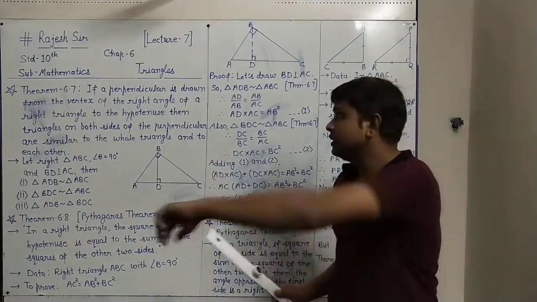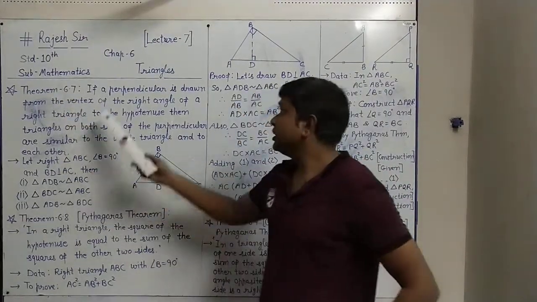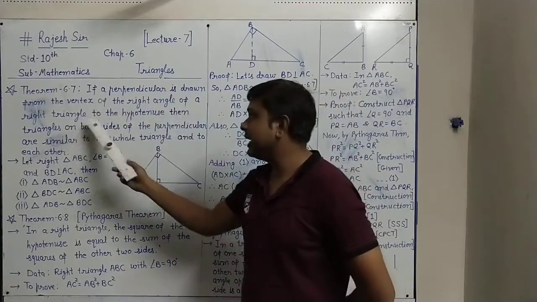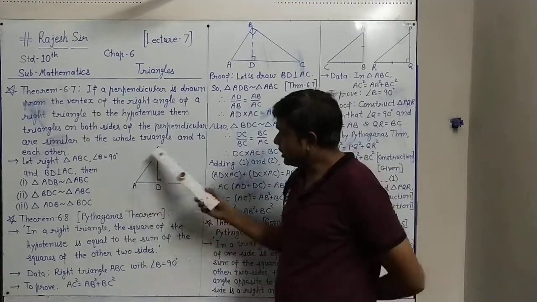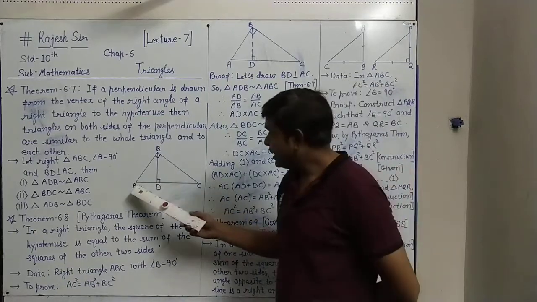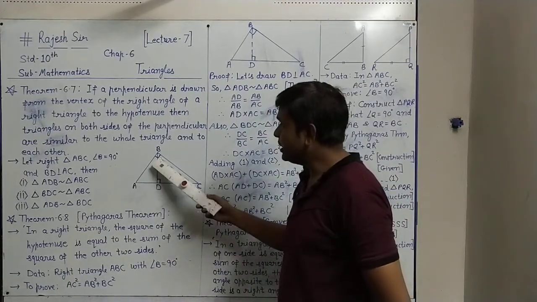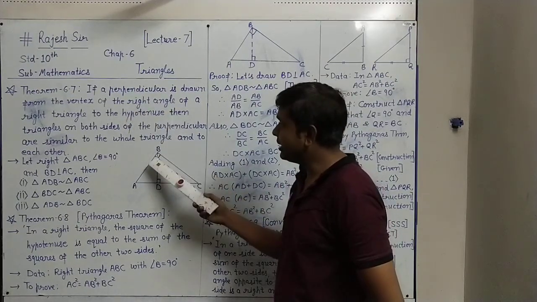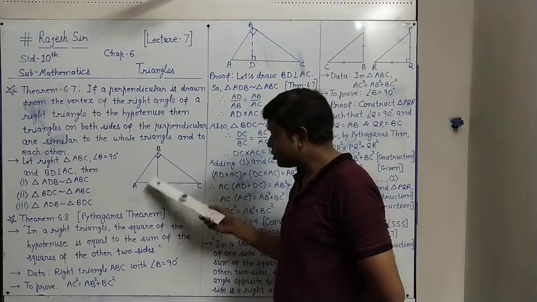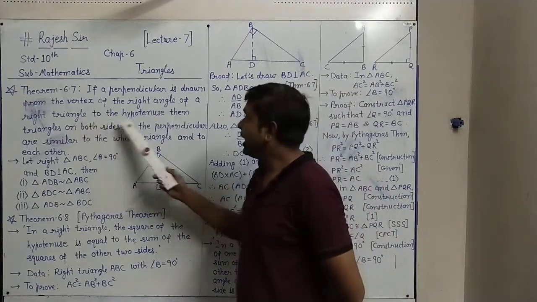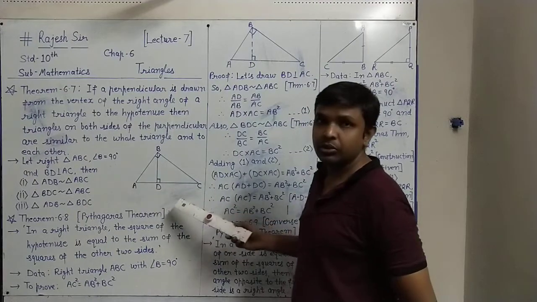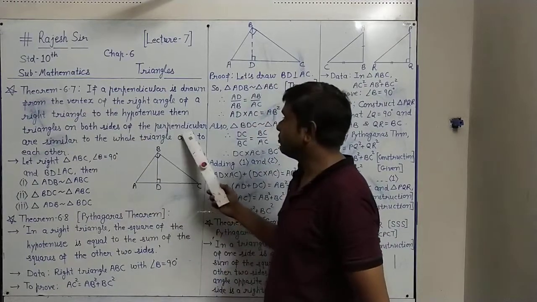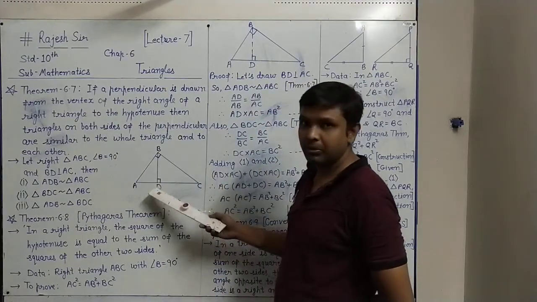So theorem 6.7 is: if a perpendicular is drawn from the vertex of the right angle of a right triangle. In the figure we have explained, the right triangle ABC is given in which B is the right angle. From that vertex B, if the perpendicular is drawn to the hypotenuse, that is AC, then the triangles on both sides of the perpendicular BD formed